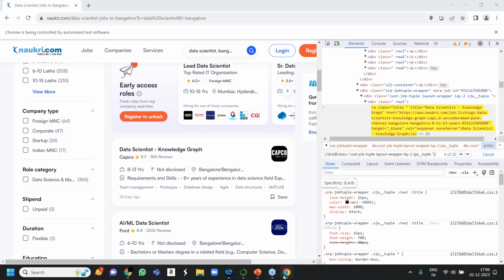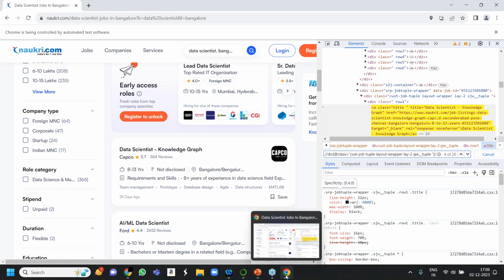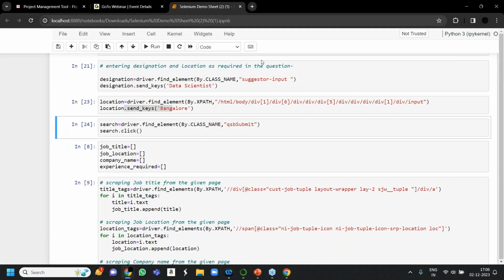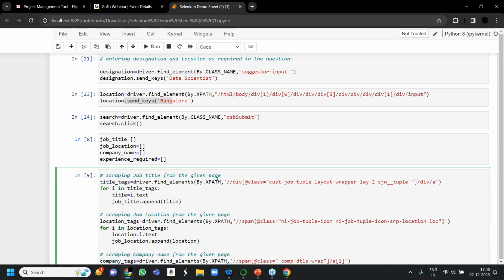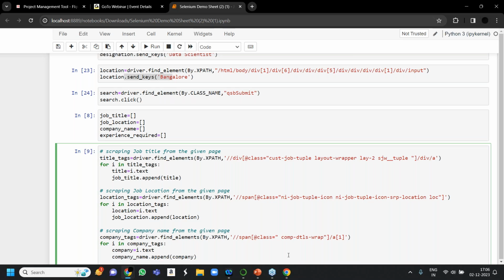So just copy this. Don't worry, more attributes are there, I'll tell you. Copy paste. Let's go for the location, okay?